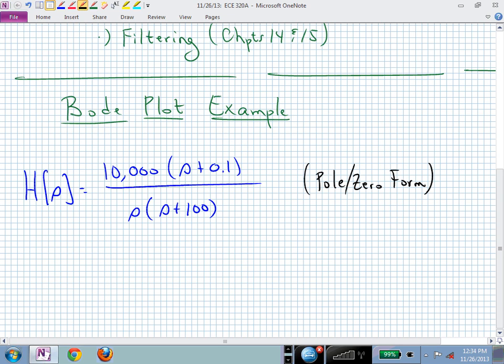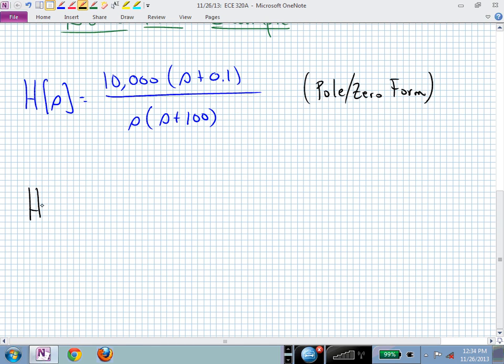Is this the structure we need to sketch a Bode plot? No, you want to convert all of those constants in your factors to be ones. You need to factor those pole and zero values out and put those underneath your S's to produce a time constant form, which is the reciprocal of those poles and zeros. So let's now do that. Now if we write this in time constant form, we're going to factor out